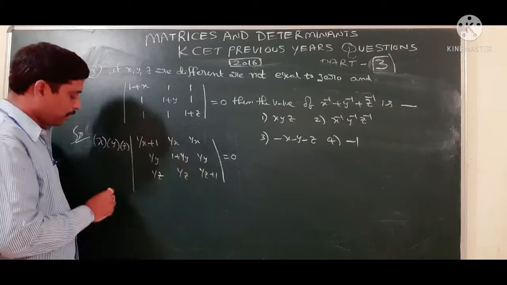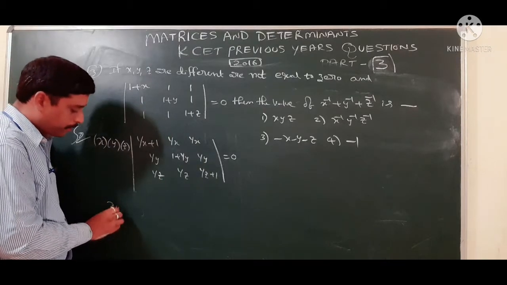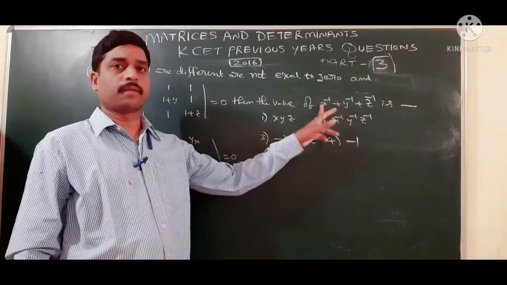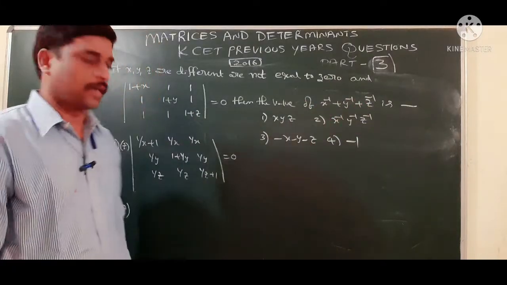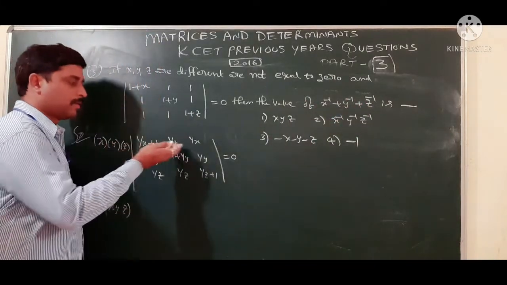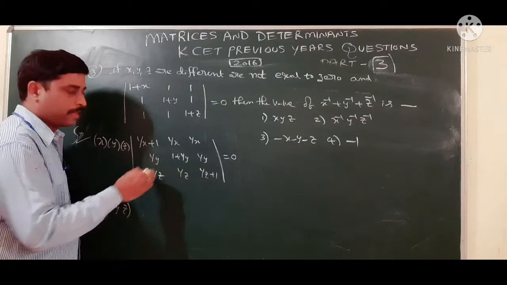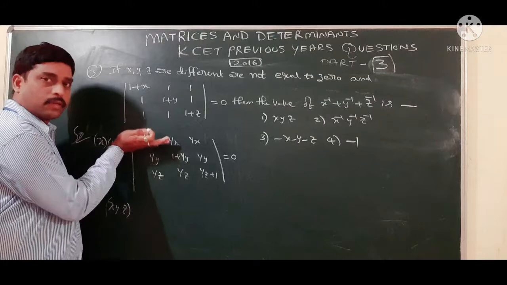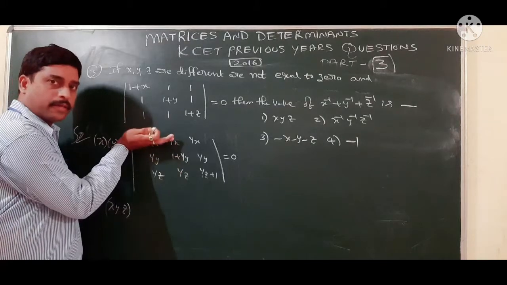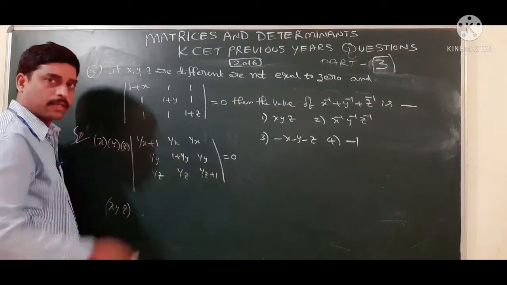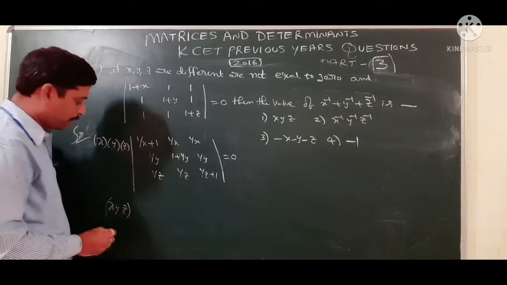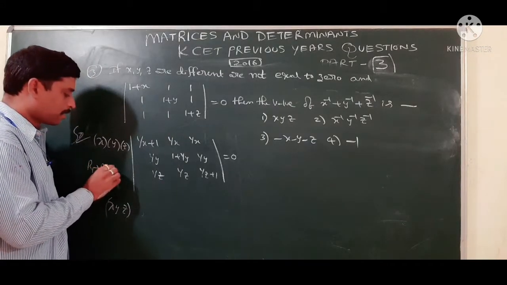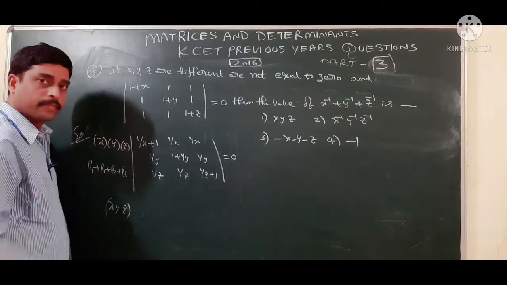Now this is going to be x, y, z into the determinant. So what combination is required? 1 by x plus 1 by y plus 1 by z is required. So this is the first column, second column, third column; first row, second row, third row. R1 replaced by R1 plus R2 plus R3. So by using elementary operations, R1 replaced by R1 plus R2 plus R3.